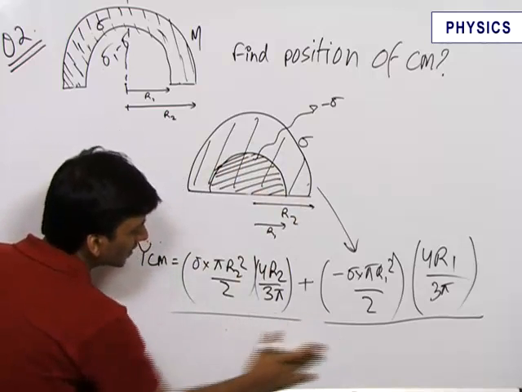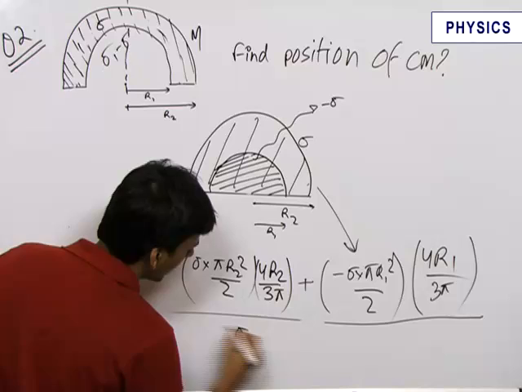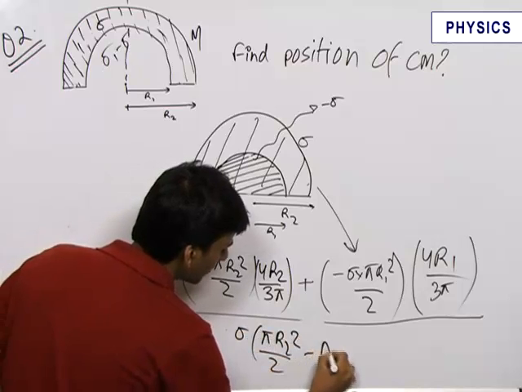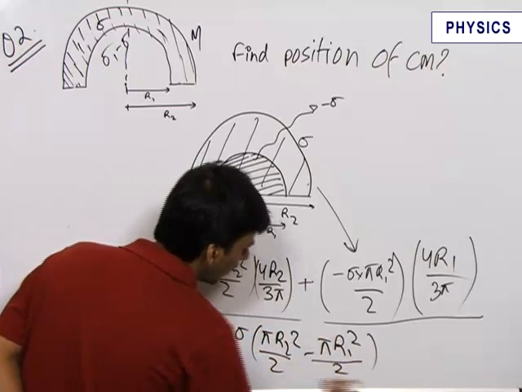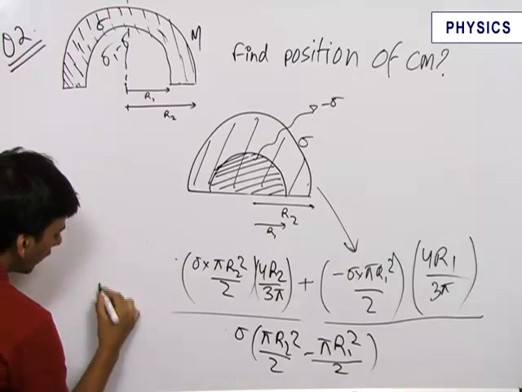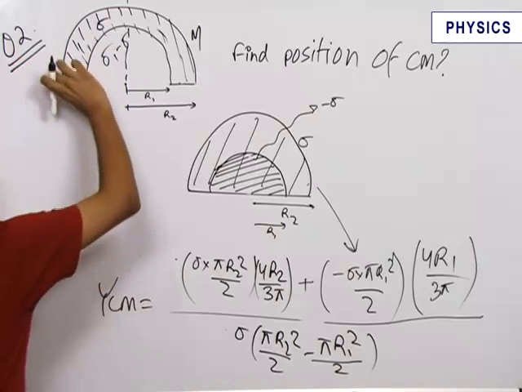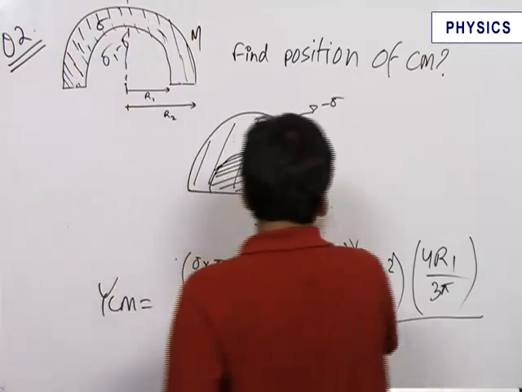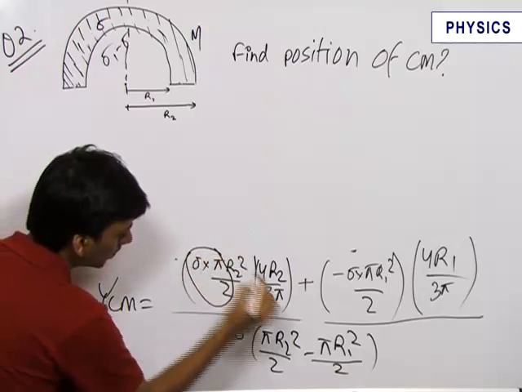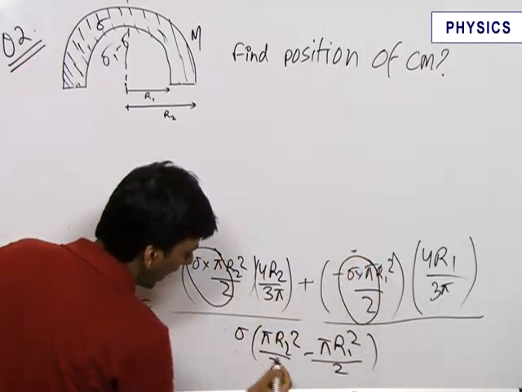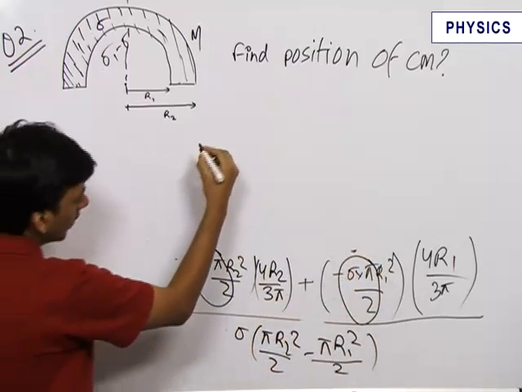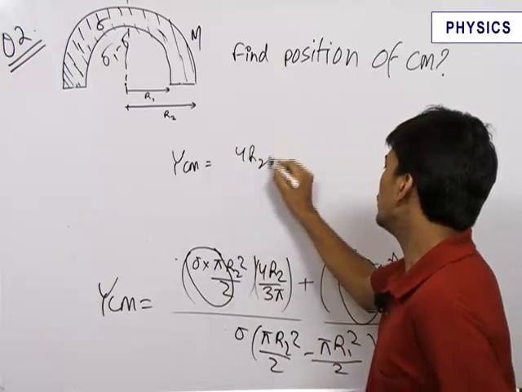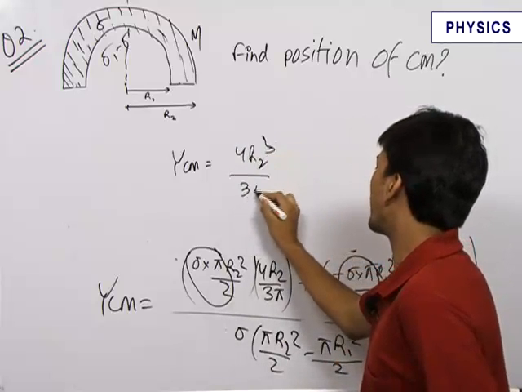This m can also be written as the mass of this disc, that was equal to sigma into pi r2 square by 2 minus pi r1 square by 2. This is the y coordinate of center of mass of this remaining plate. So on seeing this, we cancel sigma pi by 2 from the numerator and the denominator to get y coordinate of center of mass equal to 4r2 cube upon 3 pi